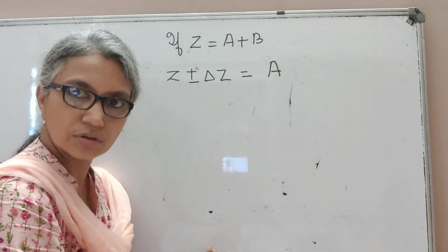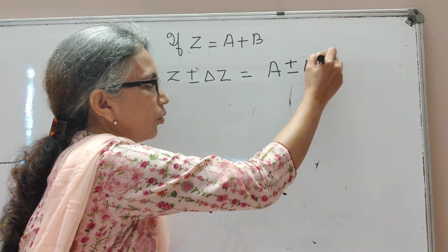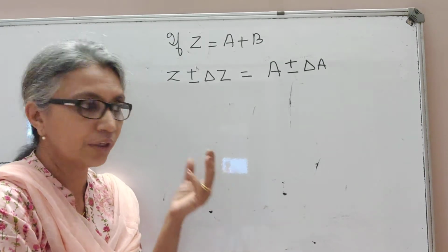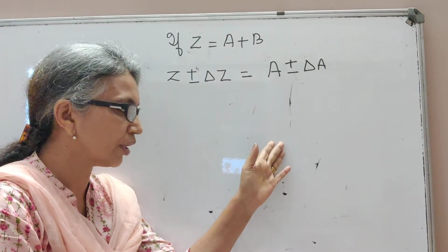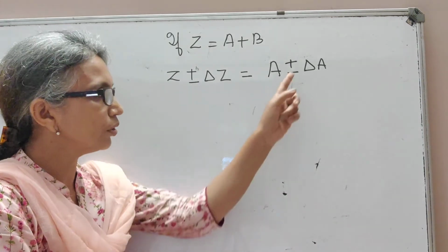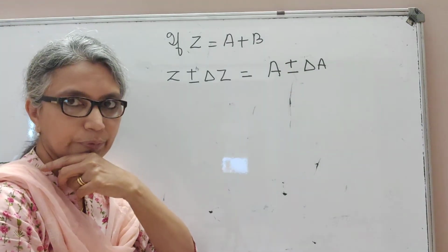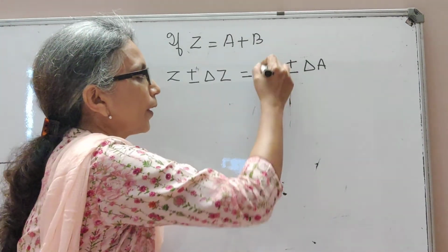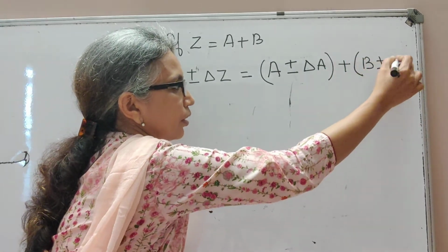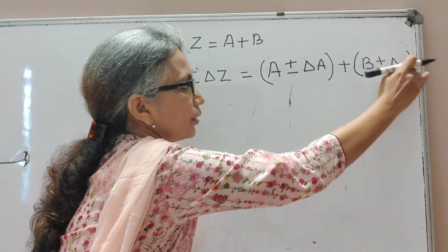A also, the reading A also has an error, absolute error, could be plus or minus delta A. Why plus or minus? Again, how did we find the absolute error? When we simply find the difference, it could have been a plus or it can be a minus. Absolute value, we only take the positive. So your measured reading plus or minus delta A will be the true value. Plus B also can have an absolute error, delta B.